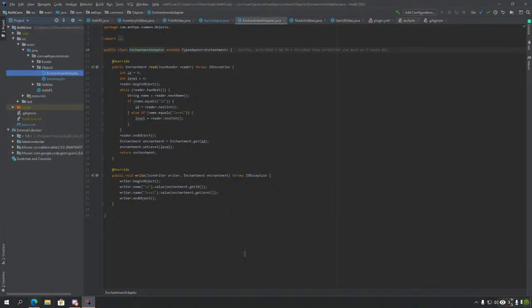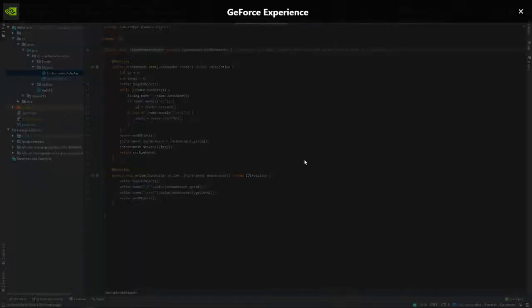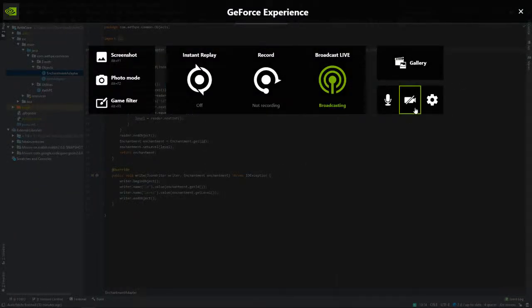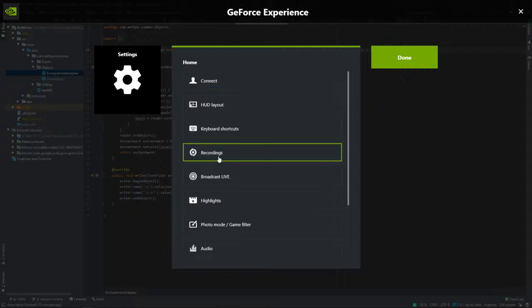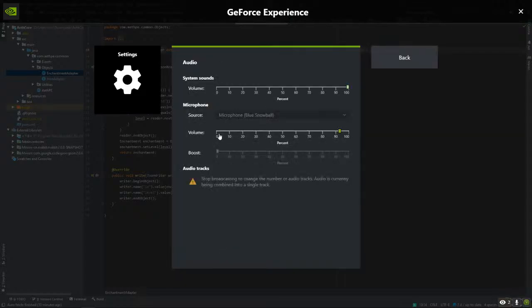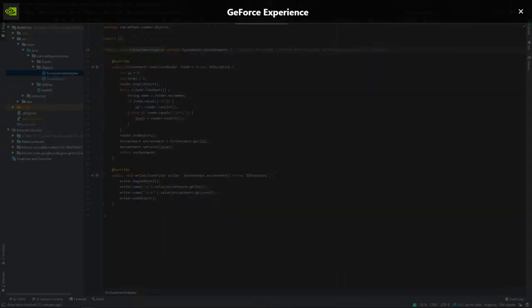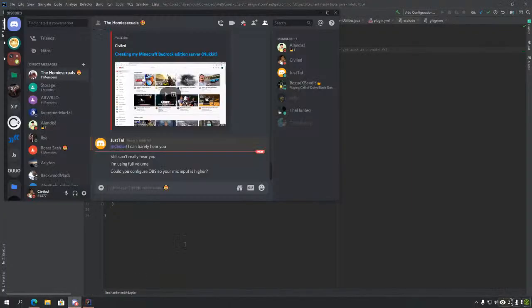Yeah, I might be able to change my mic gain using my broadcast settings. One second. Audio, microphone, volume, and then I'm gonna boost it a little bit. Is that better? Tell me if that's better. You should be hearing it any minute now.